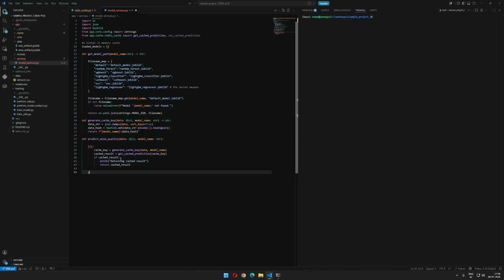If not, except exception as E, print error accessing cache, and then the E. Next, we're going to load the model. So we are only going to load the model that is not in use. So if model not in loaded models, try: model path as get model name, and